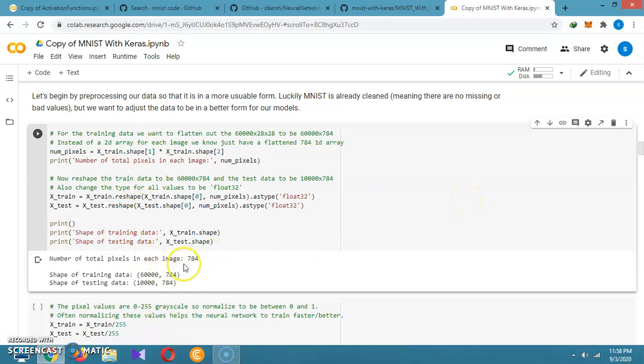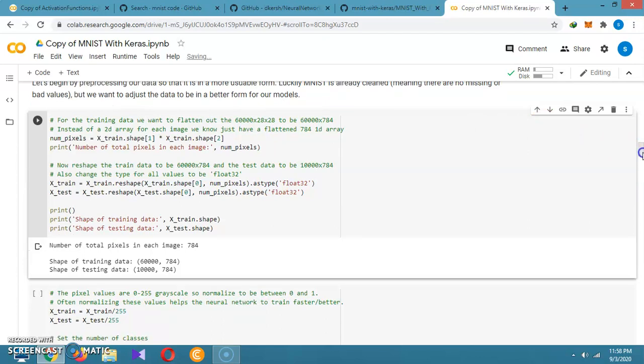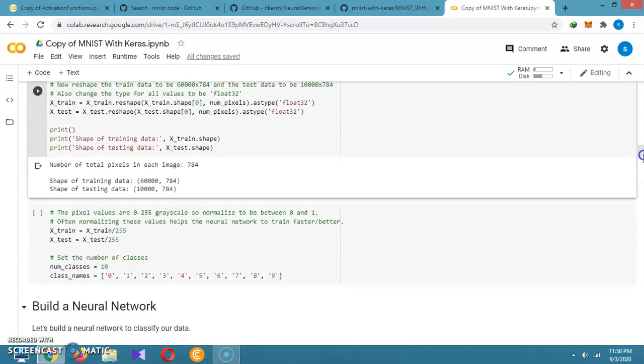How does it come to the total number of pixels, like 784? You can also check it: 28 by 28 is 784. So we are getting a single dimensional array. Why are we using the single dimensional? Because we are feeding this data to a deep learning model.